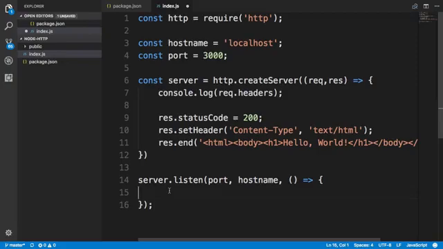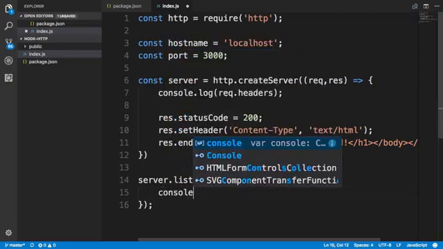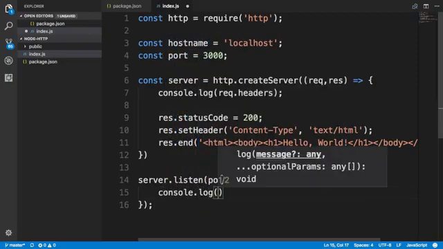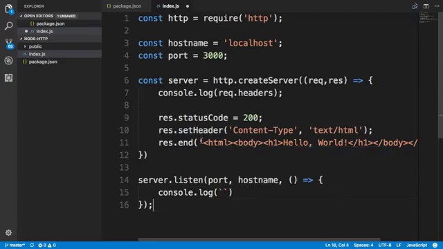So in here, I'm just going to say console.log, and in the console log, I'm going to print out the information. So I will use a back quote. So note the use of back quote, not the normal quote. The reason why we are using that is because we're going to be using some variables inside the string that we are going to construct here. So we'll say server running at